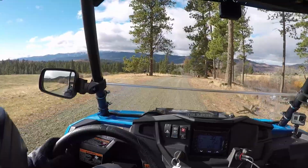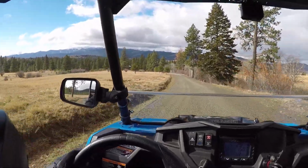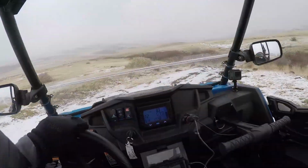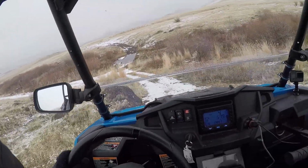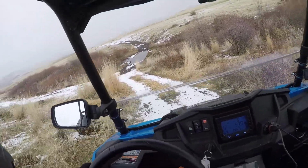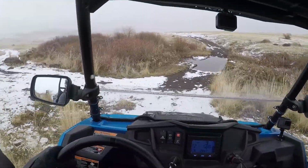The Bighorns. Great overall tire, but heavily dependent on where you ride. Plan on swapping them out to something else if you ride in the rocks, hard pack often, or even on the asphalt, because the tread life just doesn't last that long. It's a great tire, don't get me wrong. I run them in the winter when it's muddy and there's snow on the ground, but there are better options,